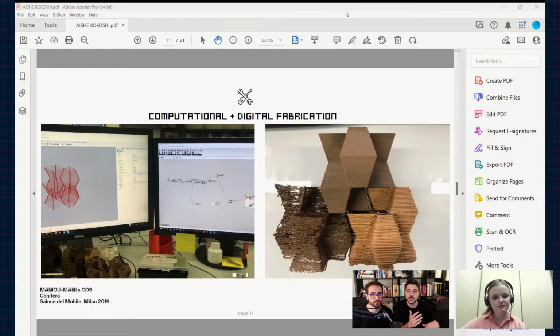But whenever you are doing experimental models and experimental prints, you need much finer control, and that's when you create the whole G code from scratch in Grasshopper. Those are the differences. Exactly. For example, for the conifera installation, we 3D printed 700 pieces in 4 months.